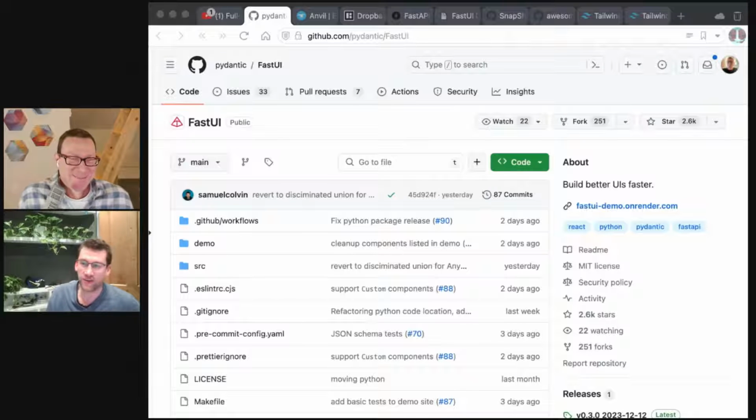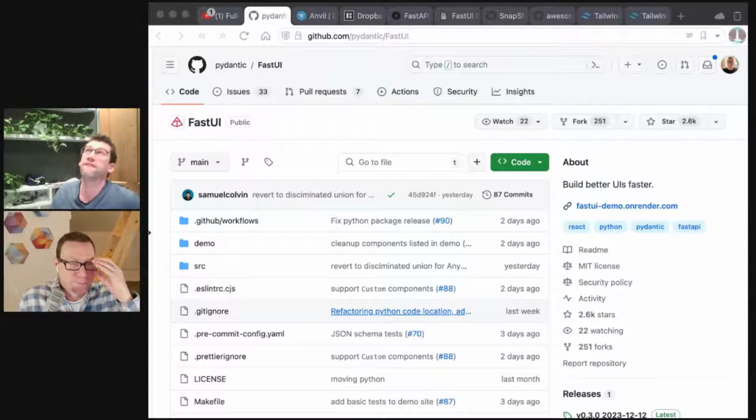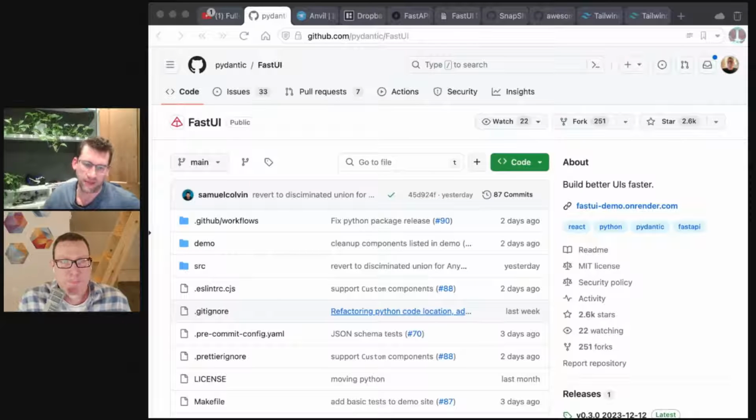Yeah, exactly. And also, we have a team with lots of people who've done lots of open source, very strongly opinionated engineers. I can't even get my team to use it without proving the value in it. So I worked on it a bit without really talking to them, and then was like, right, I built this thing. Let's at least give it a try. Maybe I'm wrong in this, but I think it's quite a fundamentally different way of thinking about how you build user interfaces from lots of the tools that exist today in the Python ecosystem. And so there's a bit of an education piece, trying to understand the principle as well as the mechanics of using it.